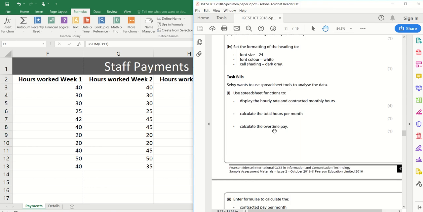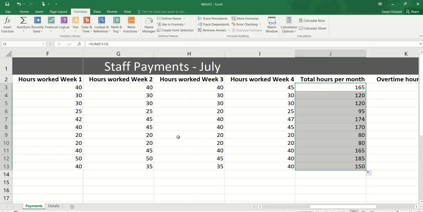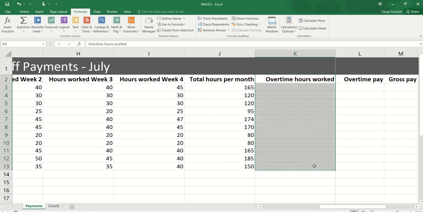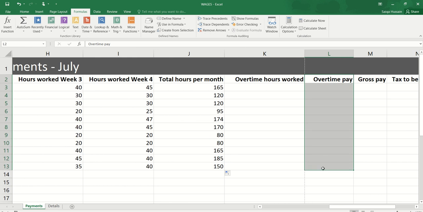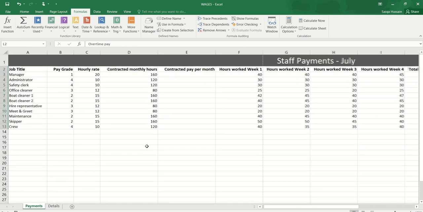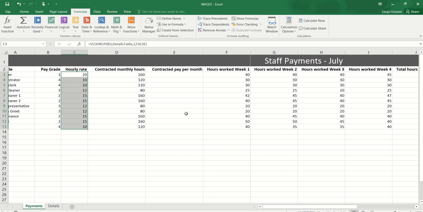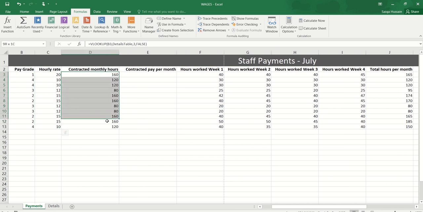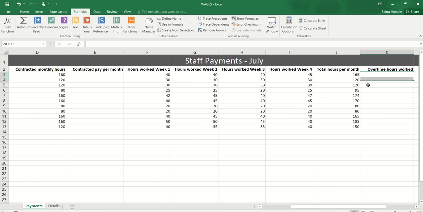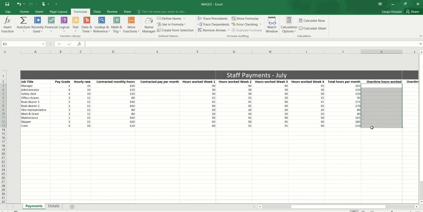Last one, calculate overtime pay. So again, a function to calculate the overtime pay. Let's scroll along over here. You got overtime hours worked. So it's not that one. So it's this one, overtime pay. Calculate overtime pay. Now, how are we going to do this? Right. We've got the hourly rate. We've got the contracted monthly hours. And then we've got overtime hours worked, which is something we haven't been asked to work out